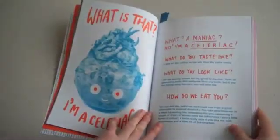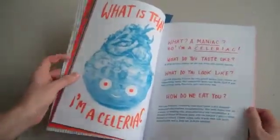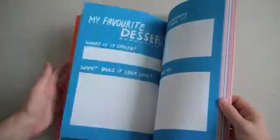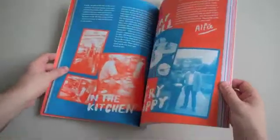I think it's a one-off. It's not a magazine, so I've been a bit cheeky. It's not really a book. That's my favourite page, the celeriac. I had to show you that. And it's not a recipe book either, which is nice. It has recipes, but it's more about